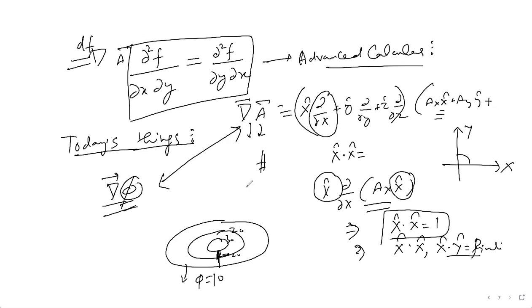Sir, we always have to take the perpendicular distance. No, you will notice that this is done in the direction perpendicular to the defining field. You don't have to take that. You will see that this lies in the direction where the maximum possible change is happening, which is basically the direction of this, right?